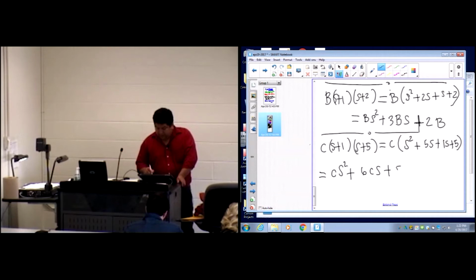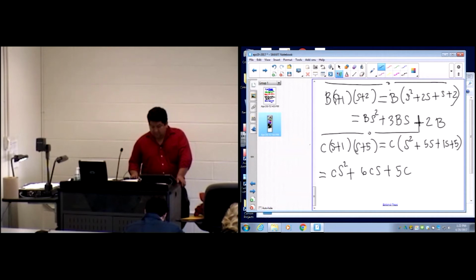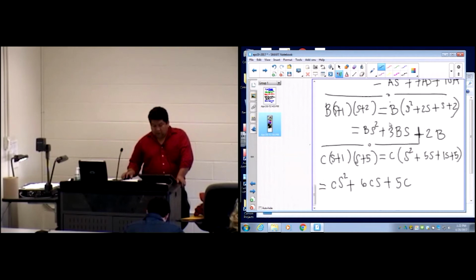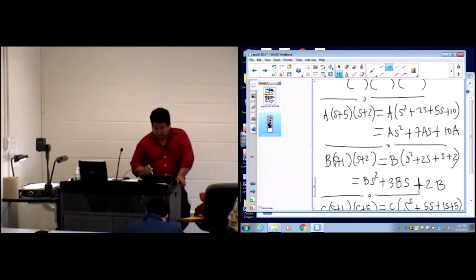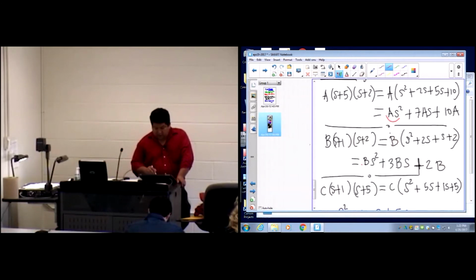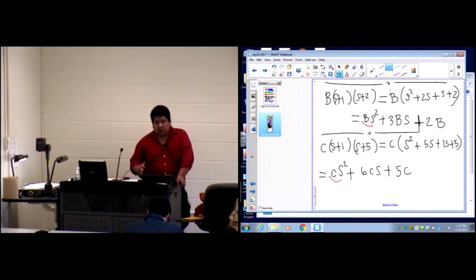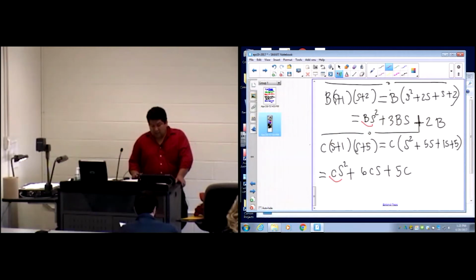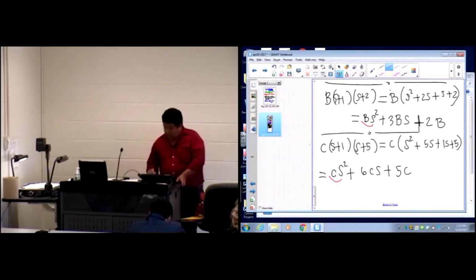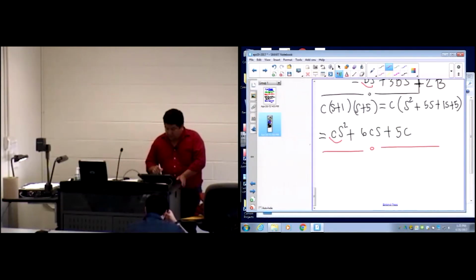So we need to collect all terms with s squared, for example, right? So here's a s squared, here's b s squared, and here's c s squared. So we're trying to collect that numerator. So that means that we can write those terms in factorized form. S squared is the common factor, and we can write a quantity a plus b plus c multiplying s squared. So we can collect terms like that. Let's say we need the following. We need that quantity a plus b plus c times s squared plus quantity